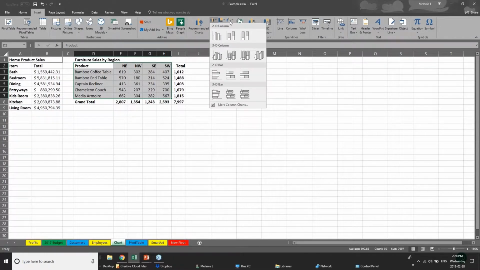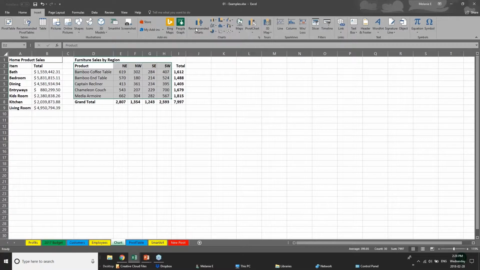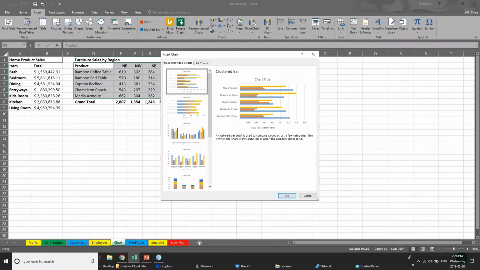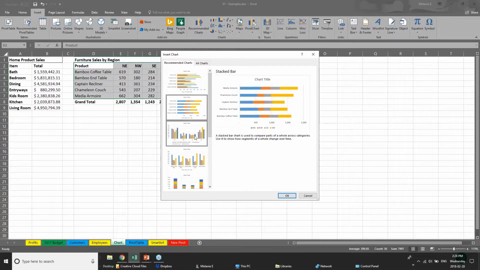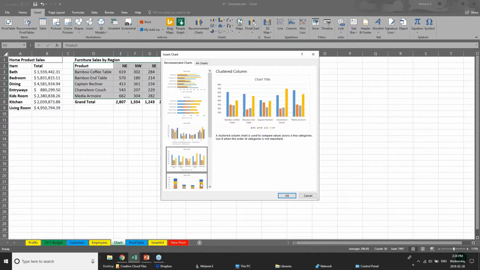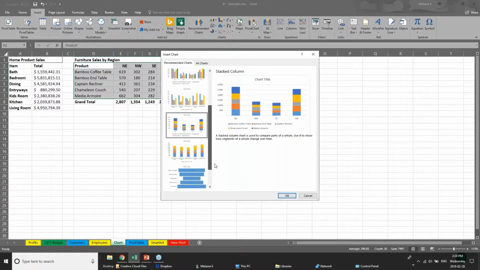There's bar charts, column charts, pie charts, whatever you'd like. But a feature with 2016 is that Excel has Recommended Charts. I love this because one of the most commonly asked questions is, what chart should I use to best show my data, because there are so many different charts? The fact that it has some intelligence, it will look at your data and